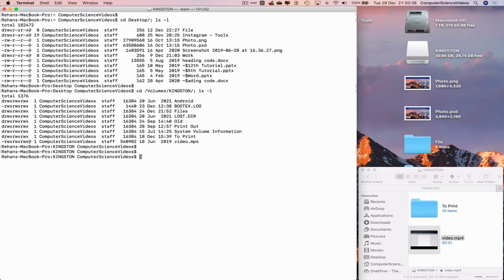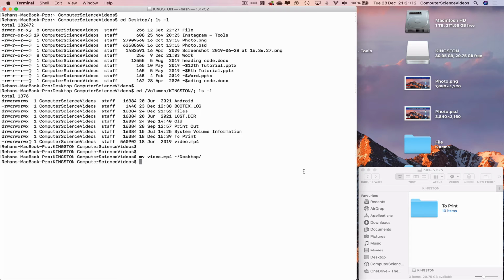The command to move the video from the USB Kingston flash drive to the desktop is mv for move. The video name, V, tab, and now the location. How do we do that? Well, option N for tilde, /Desktop, enter, and now the video will jump from where it was to the